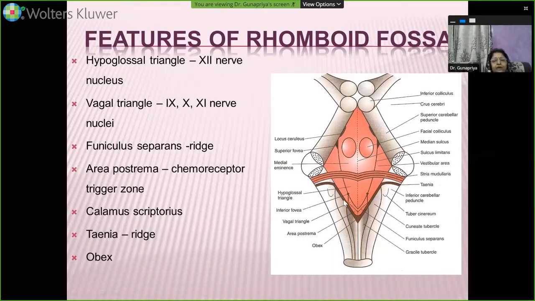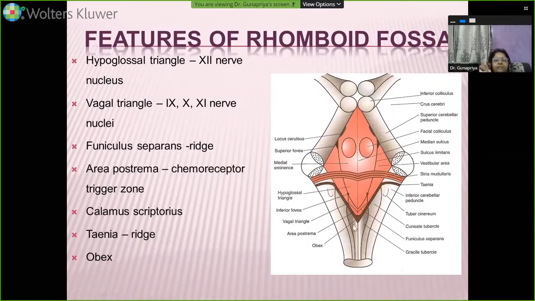Now this lower end of the fourth ventricle, if you look at this picture, resembles the nib of a fountain pen. I really wonder if you kids have seen a fountain pen, because nowadays all of us use only gel pens or ballpoint. We used to pour ink and write in a fountain pen, which has a nib. If the nib is broken, if you drop the pen down, you can even replace the nib by getting it from the stationery store. So this lower part of the floor of the fourth ventricle is supposed to resemble the nib of a fountain pen.